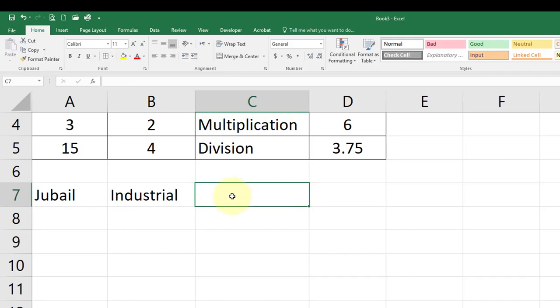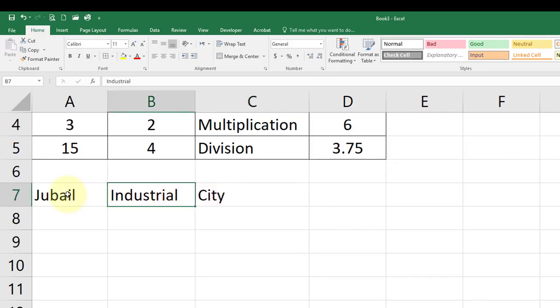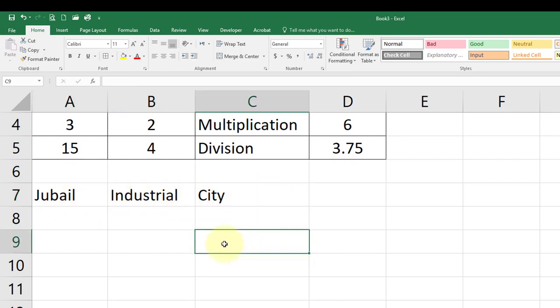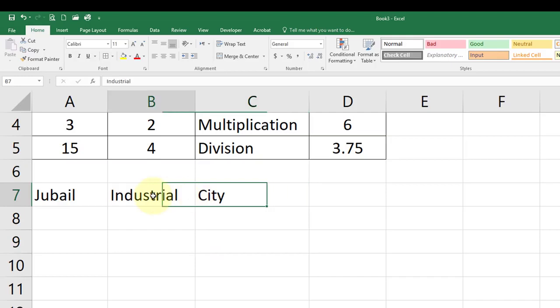Then we will click C7 and we have the word city in C7. Now these are three different words. We want to add all these three words or concatenate these three words into one sentence, or we want to put them together. We don't want them to be in separate cells.